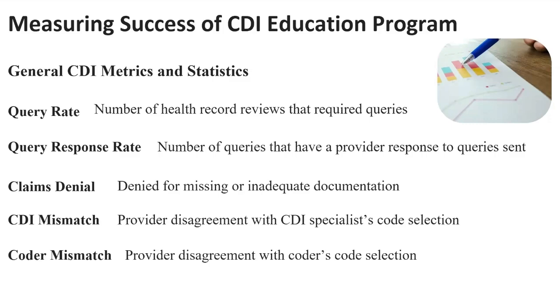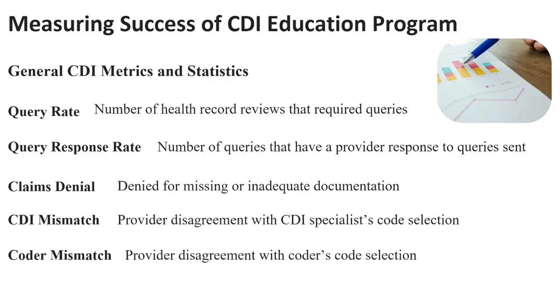Is there a process in place if they're not responding? Can those queries be escalated? Should they be escalated? What is that process? So also the response rate, and the claims denial. These are for missing or inadequate documentation. For the most part, the simplest term I could use here is